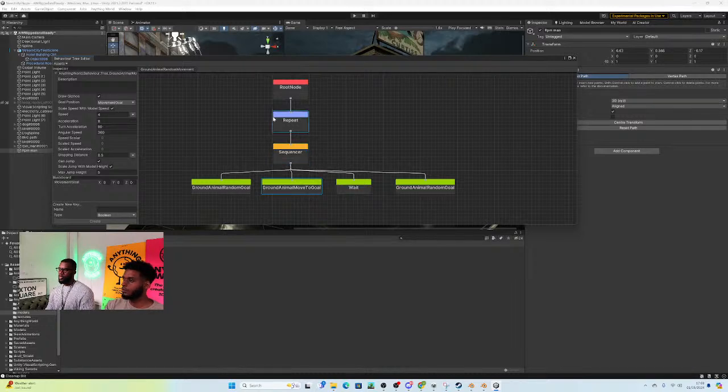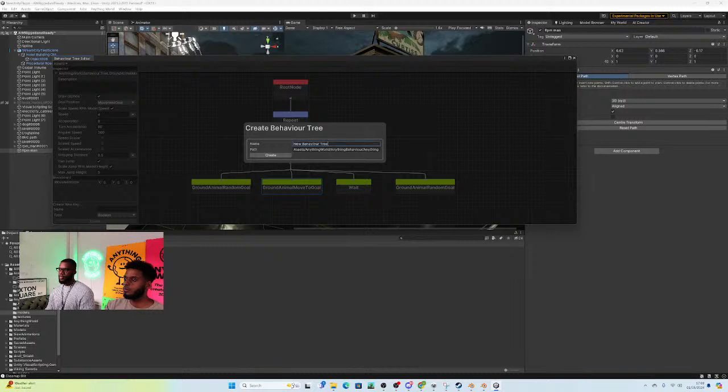Let's say new tree. Let's call this move to human, or enemy AI. I'm not actually going to create an enemy AI, but